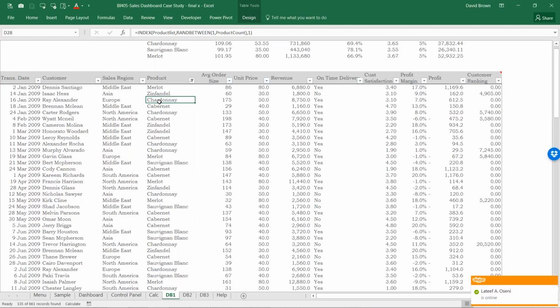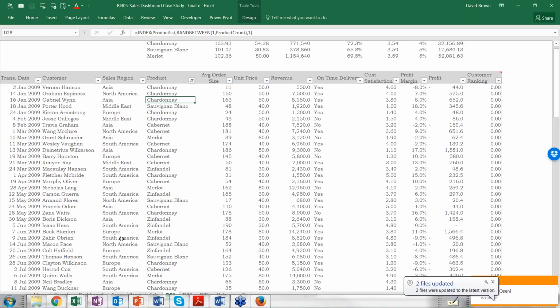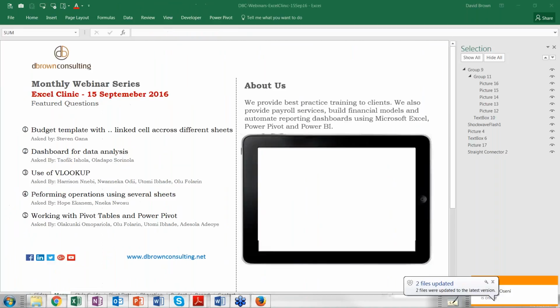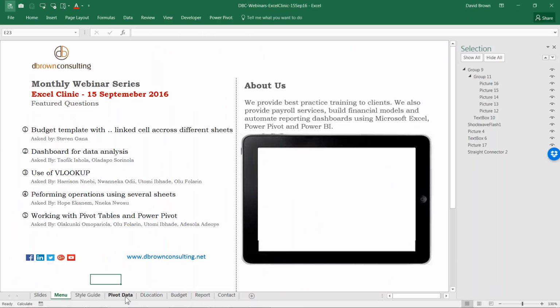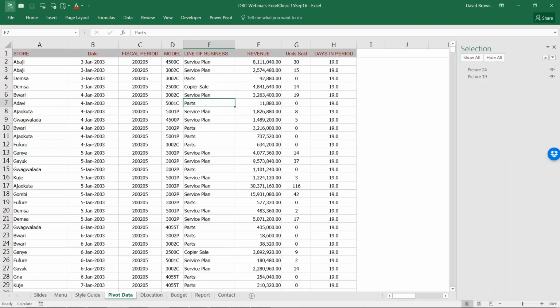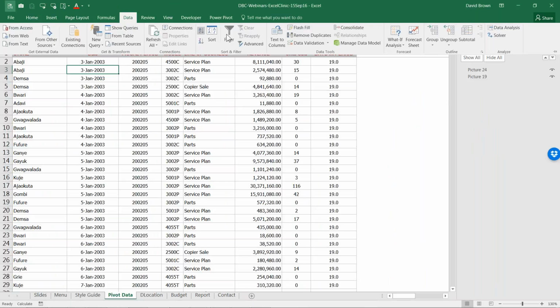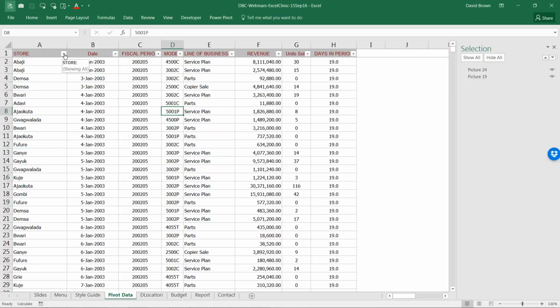Let me get to a data set. So look at this pivot data set here, that we're going to use actually for Power Pivot. I want to check all the revenue from Ajakuta in 2003.